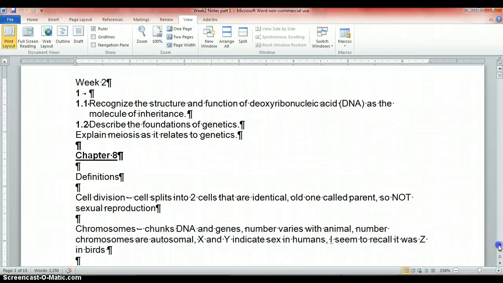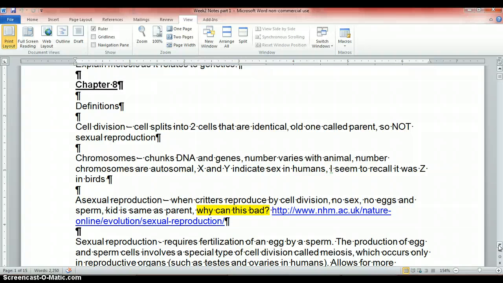Let's start with chapter 8, of course. So definition. This is all going to be about cellular replication. First of all, cell division is when a cell splits into two cells that are identical, the old cells, so the original ones, the parent, and this is not sexual reproduction because they are identical, right? Chromosomes, these are chunks of DNA and genes. The number of chromosomes varies with animal,